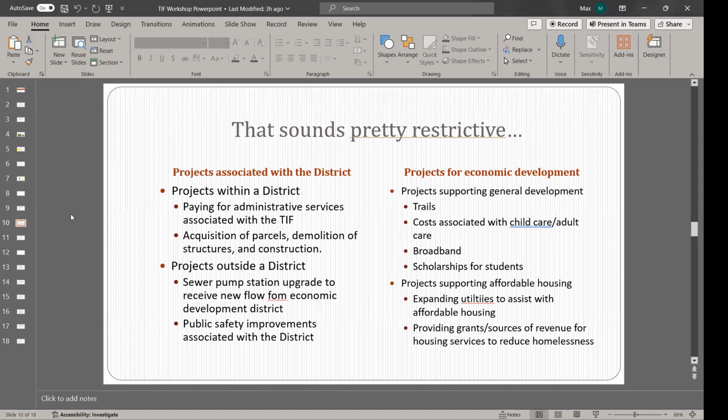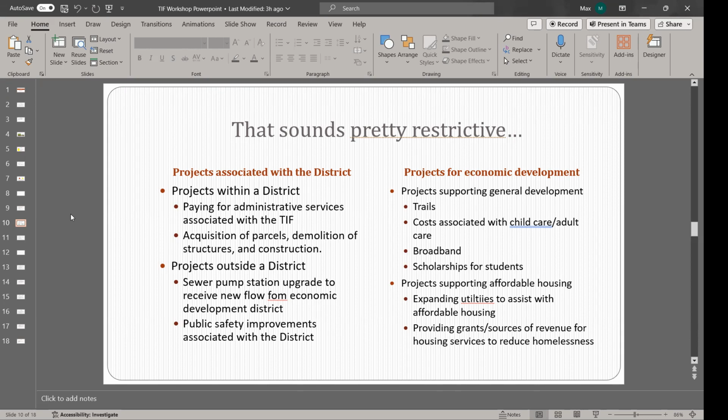They might be a bit more tight on the language, but I'll put it like this: the state's going to be in for a very nasty lawsuit if they decide to say, oh, well, we're no longer going to have this fund sewer extensions anymore, because a lot of towns pass these with the belief and guarantee from the state that it could be used for sewer extensions, or it could be used for broadband or childcare or any of these other things that I'm just listing tonight. So you do have that guarantee from the state.